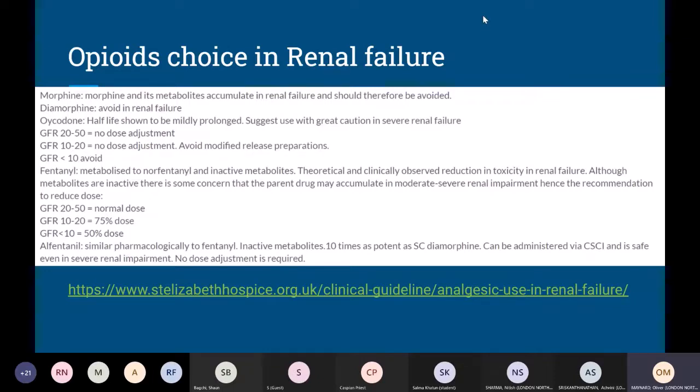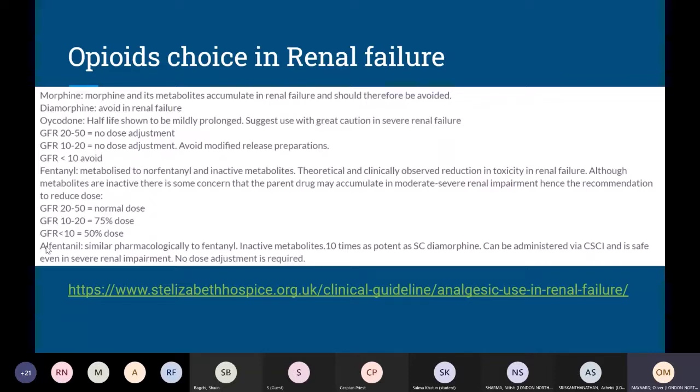In our particular trust, I think any patient over 60 automatically gets oxycodone as opposed to morphine, as it's excreted mostly by the liver, about 70% I believe, but 30% renal excretion. Morphine has a much higher renal excretion. And obviously we can follow the guidance down here. And for eGFRs less than 10, we can give alfentanil. So alfentanil is 0% excreted renally.